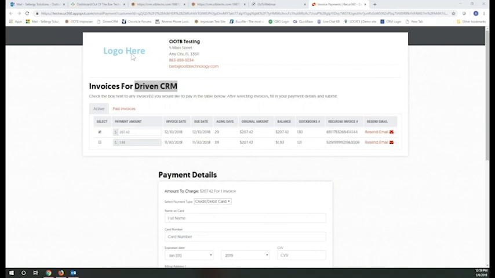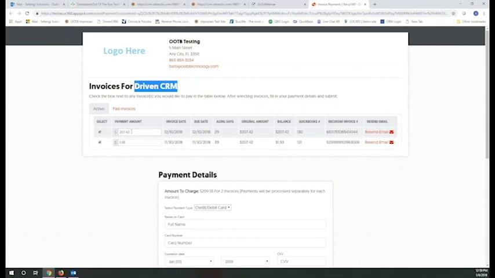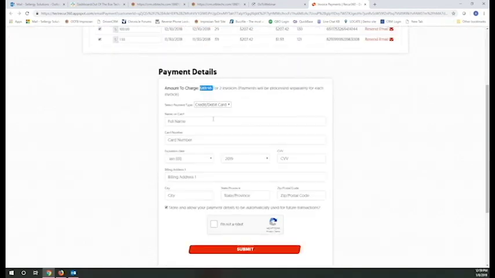So the link that the customer clicked on shows his invoices. He can see all of the open ones here, and he can pay one of them or multiples or parts of one of them. So if he can't afford to pay this whole invoice, he can pay only $100 towards it if he'd like to. This will confirm to him how much he's going to be paying on those 2 invoices, and he enters his payment information. Depending upon what I've allowed, I can set up that customer to only be able to enter credit cards or only be able to use ACH processing. So you have control over which payment method this customer pays with.